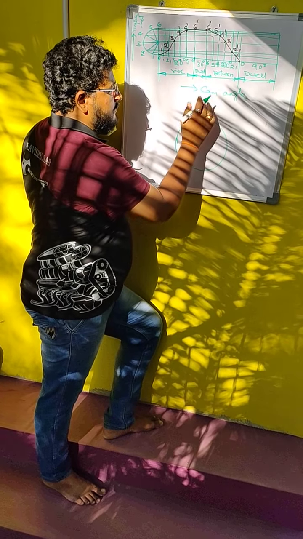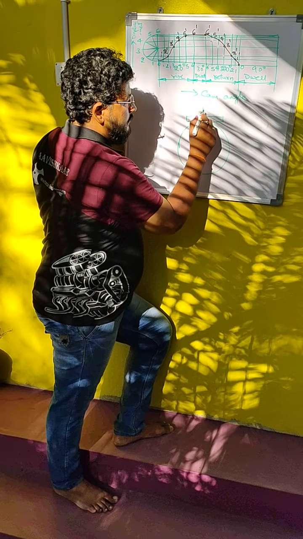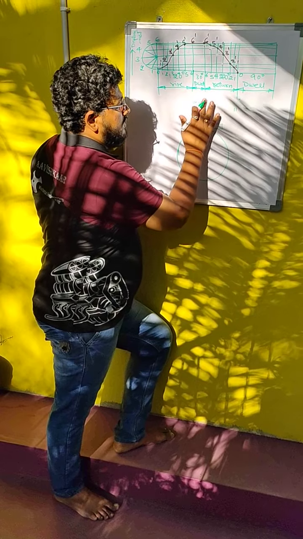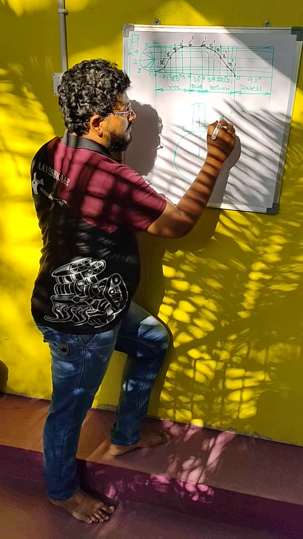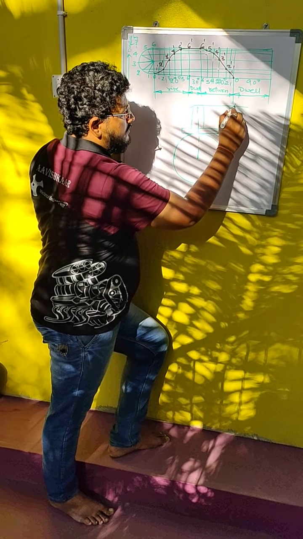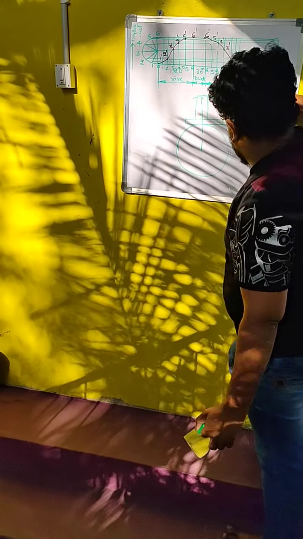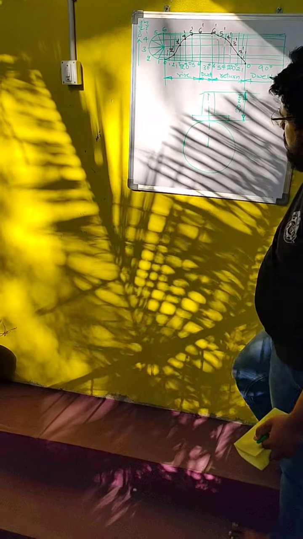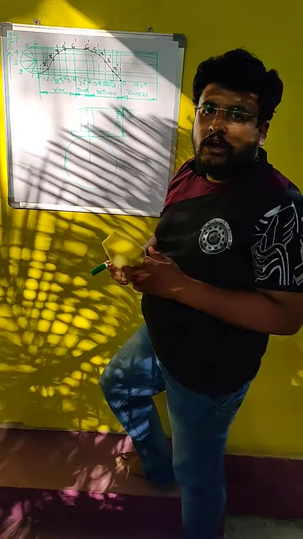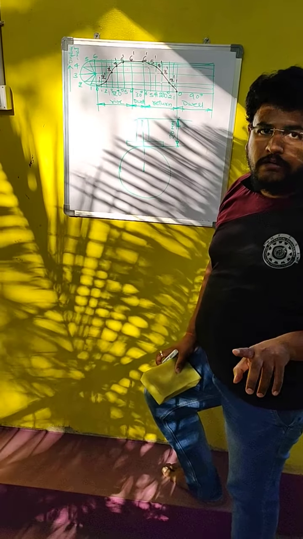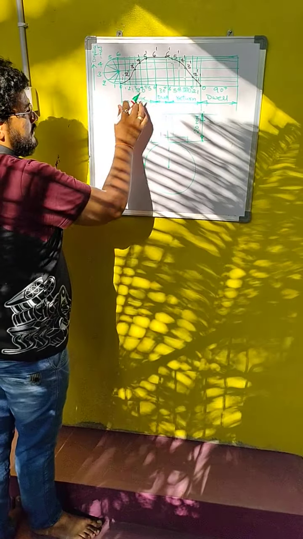Now let us represent the flat faced follower. And from here stroke of the follower is given as 20 mm. That means the length of the follower from here to here should be 20 mm. This is flat face follower. Up to now we have considered only the cam profile for knife edged follower and roller follower. This is different. This is flat faced follower. And from here, first let us represent the angles.